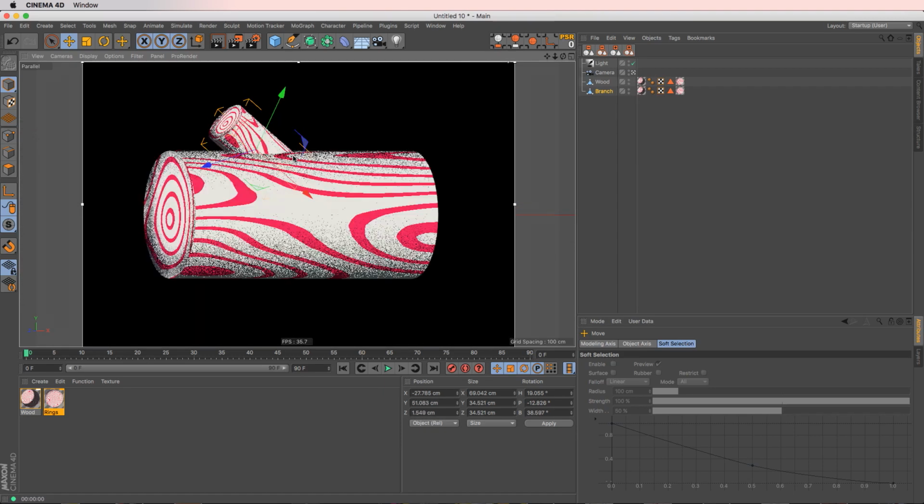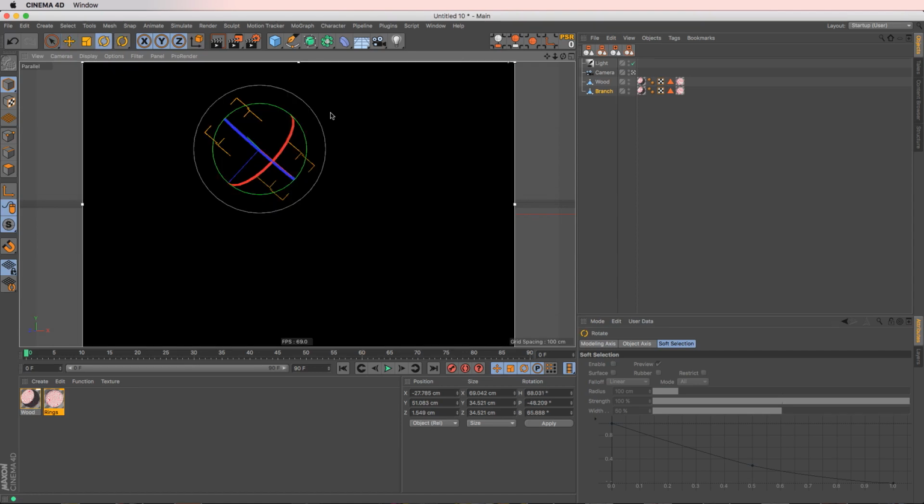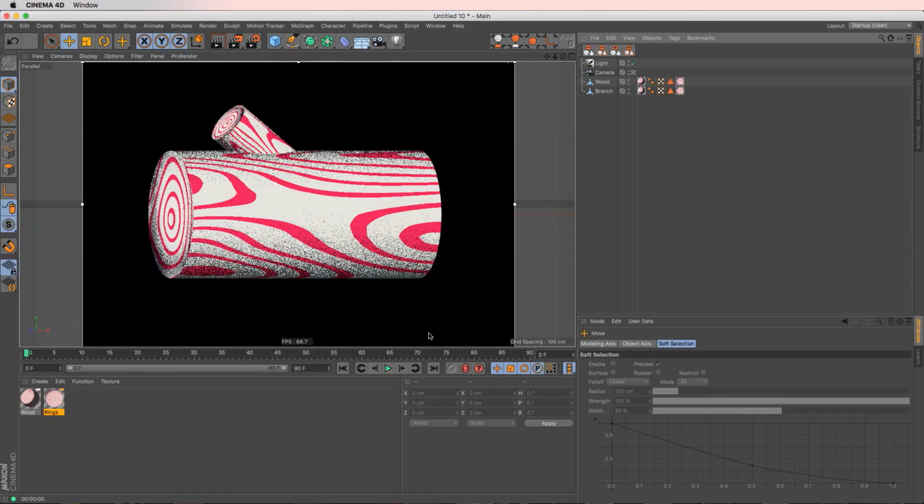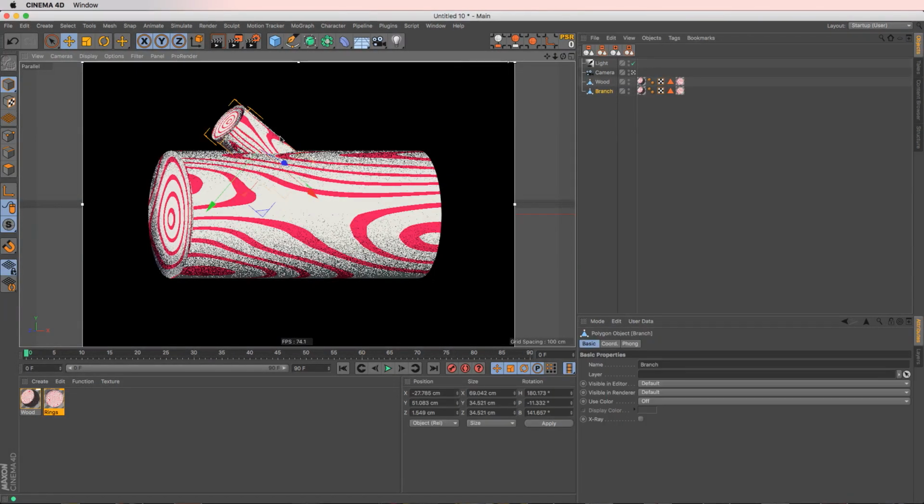And again, if we really wanted to get technical, we can duplicate the wood texture and adjust that shift so we have a different pattern. But for now, I'm going to be super lazy and just rotate that. And there we go. And what I'm going to do is add a little bit more